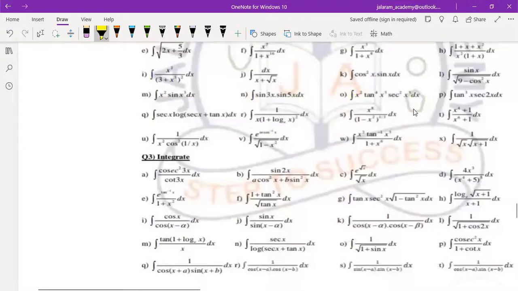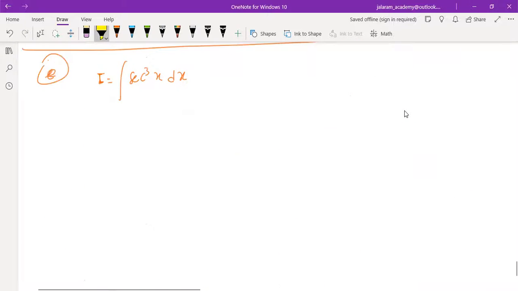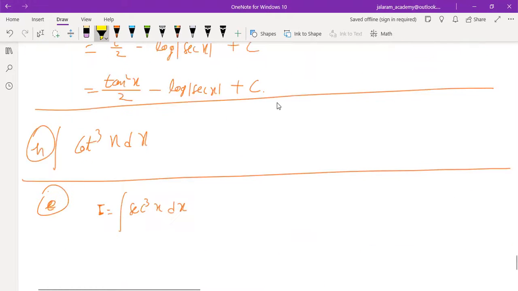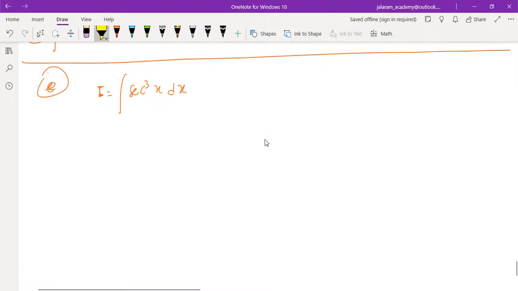Though you can solve it, the method will be slightly longer than what we have studied in these. As for this, we have still not studied the formula, and I am not in a mood to tell you that formula, as I want you to understand the integration properly before using that formula. If you start using that formula before understanding the integration, there will be a problem understanding it.